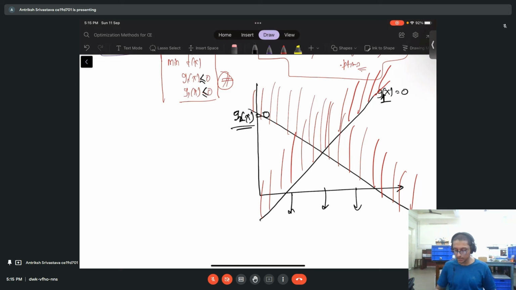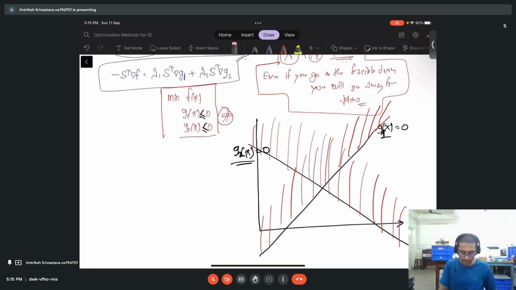Because if I go in this direction, I will go into the infeasible region, no? Yes, sir. So my feasible direction, which will be some kind of a vector S, will be along this direction. Okay. Now